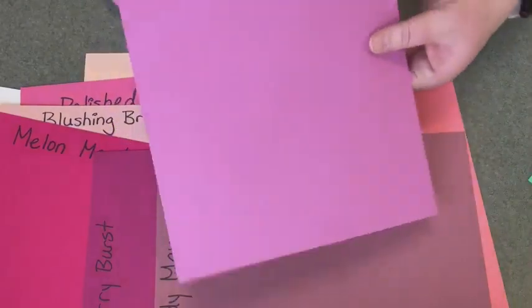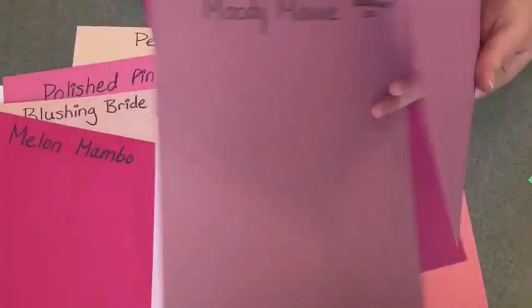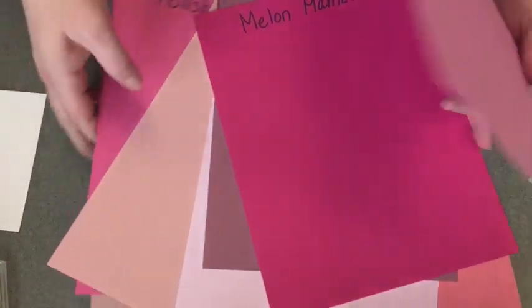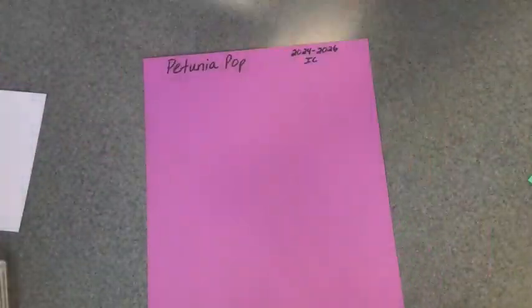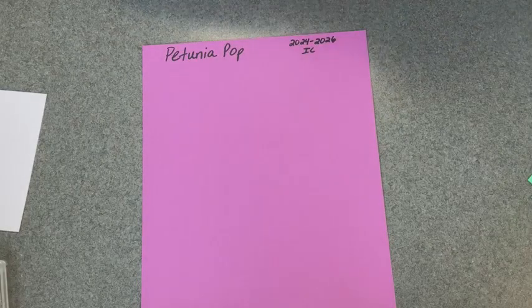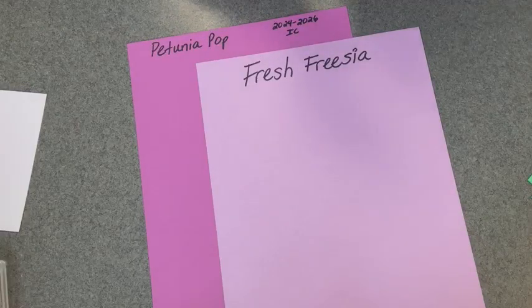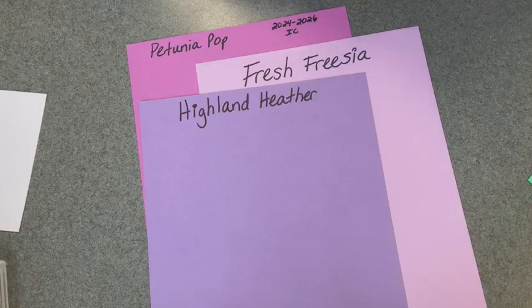All right, so then if I take away the pinks and we take a look at some purple, let's see, I'll leave the, oops, so I get that unsnagged, there we go. So I'll leave the Petunia Pop, and then I can bring in Fresh Freesia and Highland Heather, Gorgeous Grape,